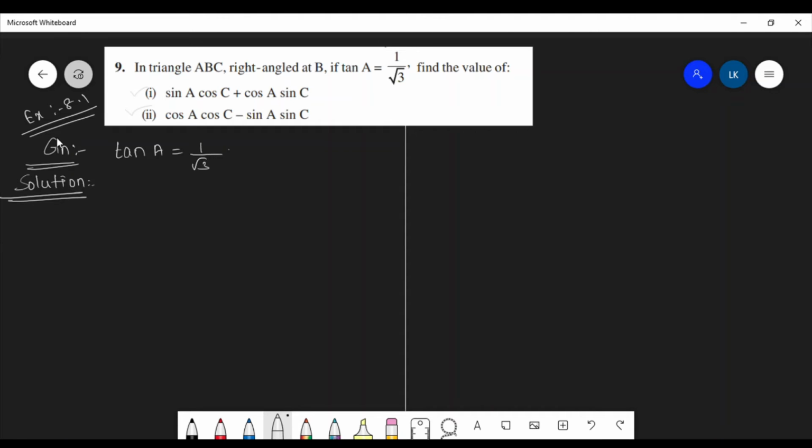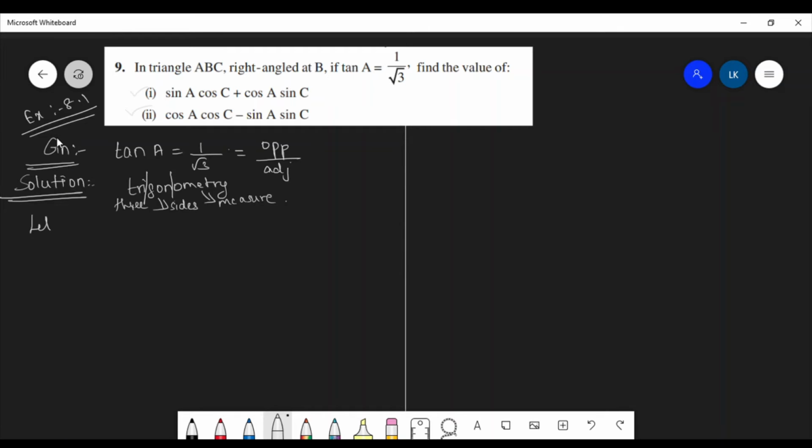What is the notion of trigonometry? Tri is 3, gon is sides, and metry is measure. Measuring 3 sides. Here tan A is nothing but opposite side by adjacent side of a triangle. Opposite side and adjacent side values are given here, and we have to find the hypotenuse using Pythagoras theorem, and we can measure 3 sides of the triangle.